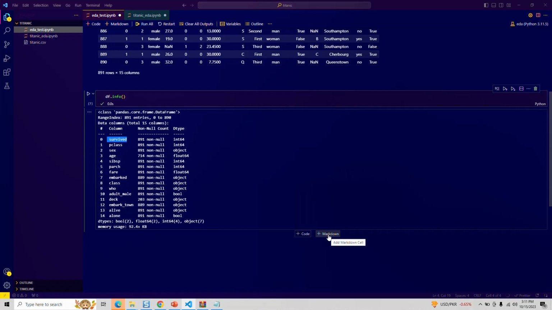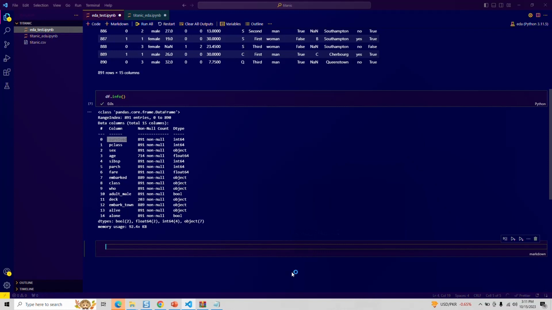If I click on markdown this time, markdown in simple words helps us create headings, so that when we present our data analysis script to other people or to our clients, they will be able to understand what exactly each and every command does. So I specify the hash sign here, and now it is time to do some more descriptive analysis, and I specify here